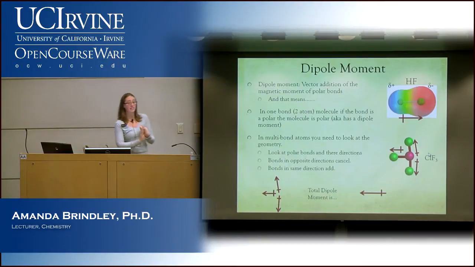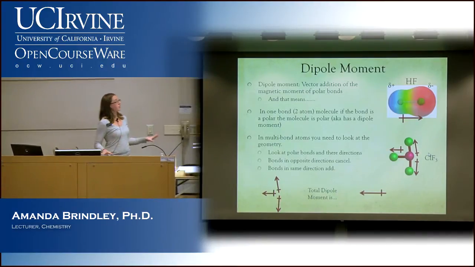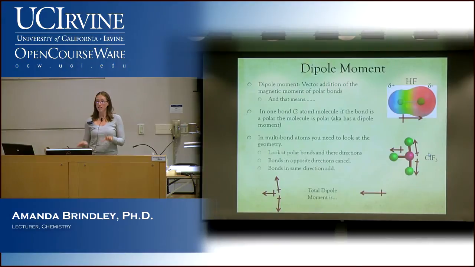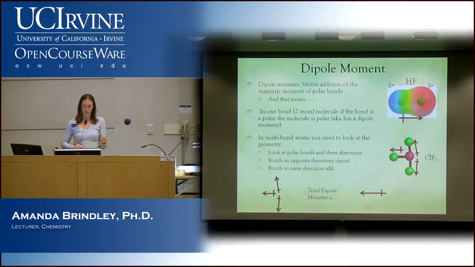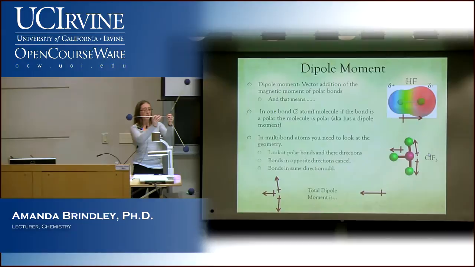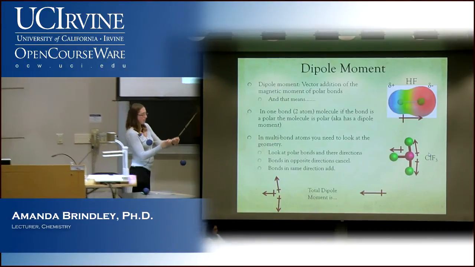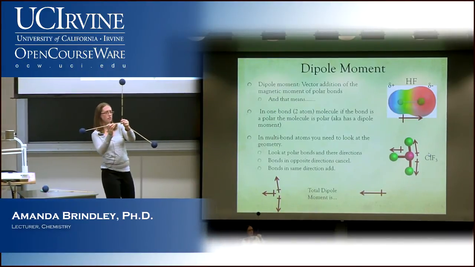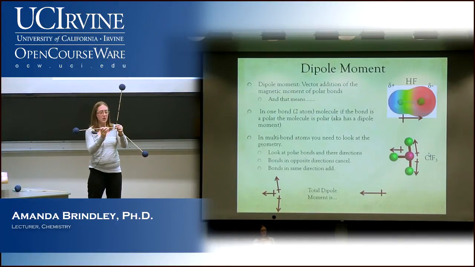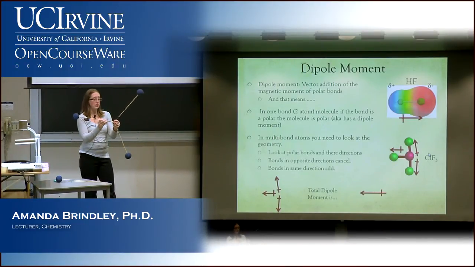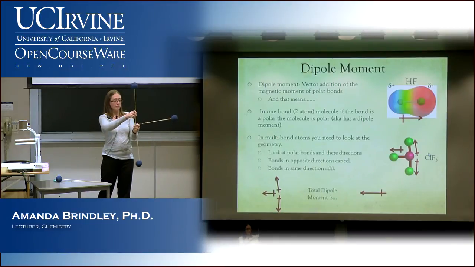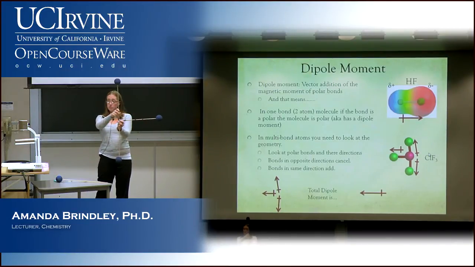Before you can ever decide on a geometry, and therefore before you can ever decide on whether something is polar or not, you have to go back and draw the Lewis structure. Otherwise you might think, well, there's three things bonded to it, why wouldn't it be trigonal planar? And you might draw it like this. Now, if it was shaped like this, would it have a dipole? No, right? All three cancel. They're all going in completely opposite directions, and so they all cancel. So a trigonal planar molecule doesn't have a dipole, which is very different from a T-shaped one, where you would have a dipole.